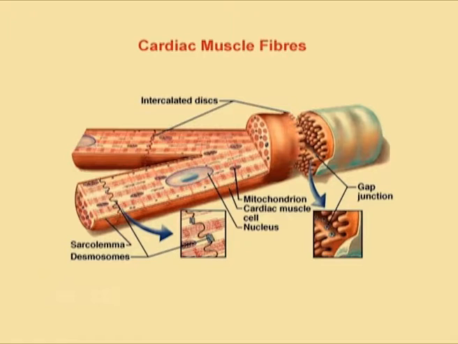Also the fibers are branched and are connected with each other through intercalated discs. There are several gap junctions and the nuclei are located centrally. These characteristics make it different from the striated muscle fibers and allows them to contract and relax endlessly in coordination in such a way that they can contract on their own without any external stimuli every time.